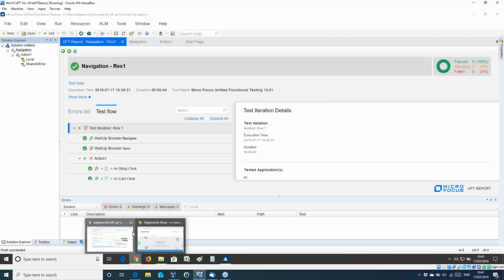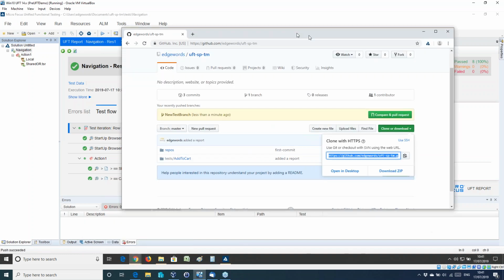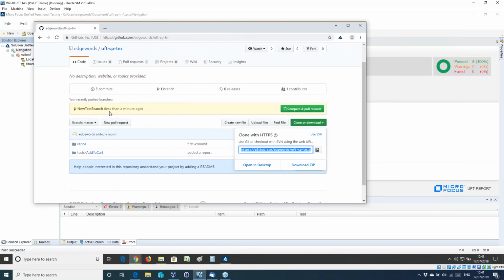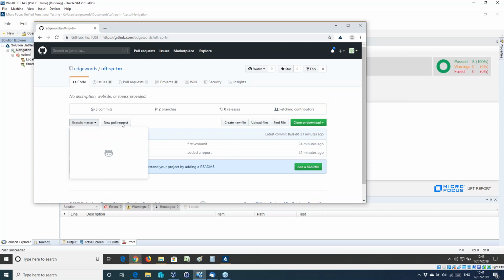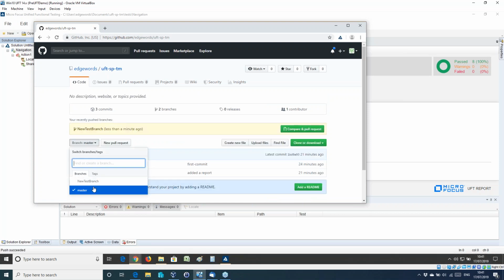So we'll switch back to Chrome. And we can see that a new test branch has been created. We have somewhere along the top here, notification branches. We can see branches have been created. My new test branch just updated. Coming back, switch between which branches are available as well. So this is the branch which at the moment